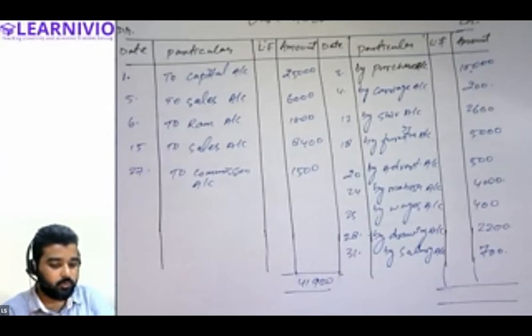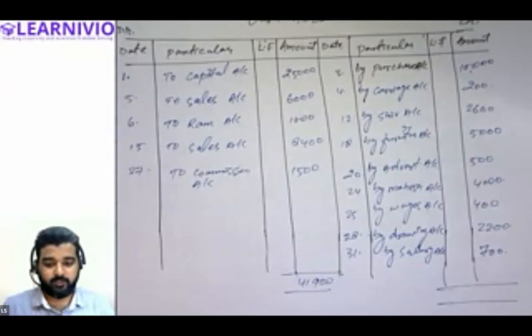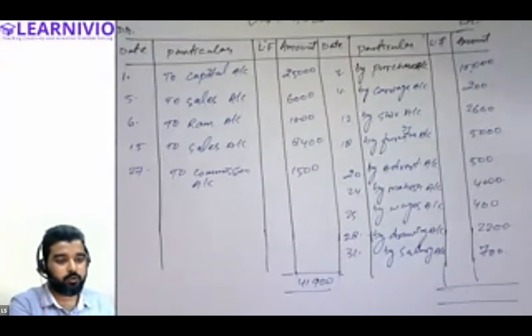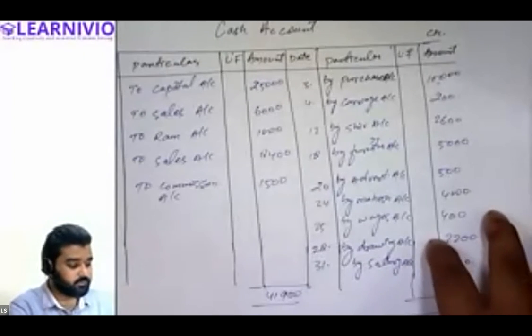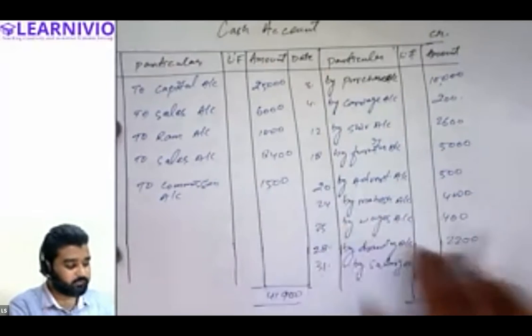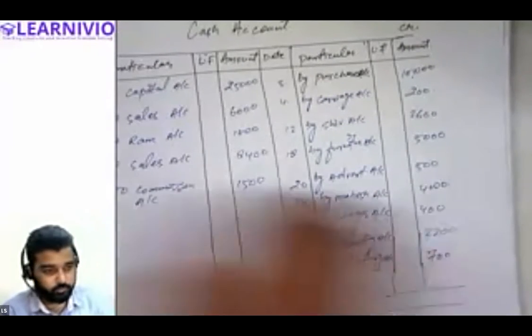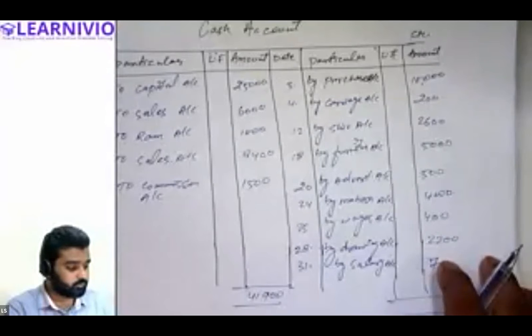Okay. Now we will total this side also. Can anyone tell me what the total of the credit side is? 37,900. So, 41,900. Just a minute. No, sir, I'm not getting that. You're not getting this? See what I am doing basically. You are not getting the total. All right. So what is the total according to you?